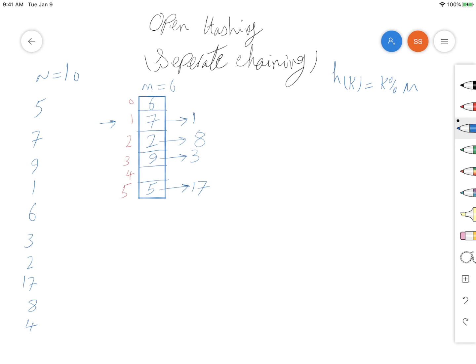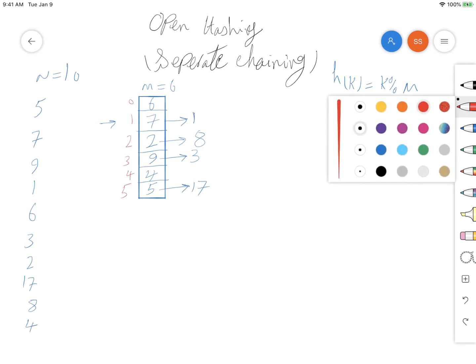The last key is 4. The modulo of 4 by 6 is 4, so we are inserting 4 here. Okay, so that's the concept of open hashing or separate chaining. As you see, one way is to implement it using linked lists and inserting the items here. One thing about separate chaining: look at this one, the values at